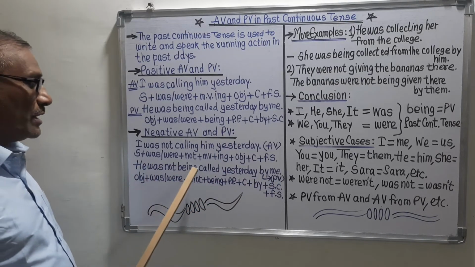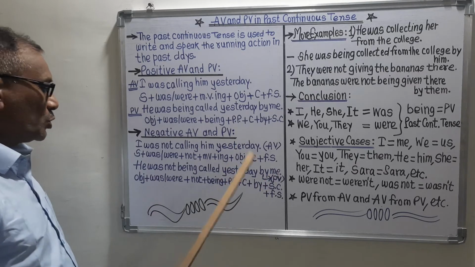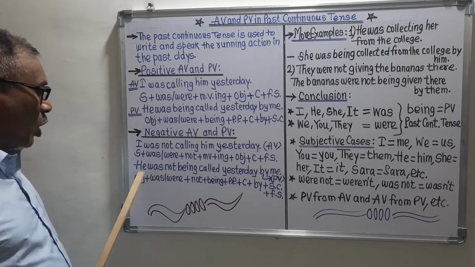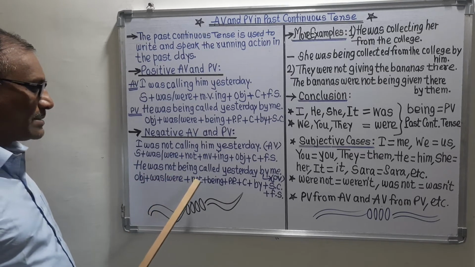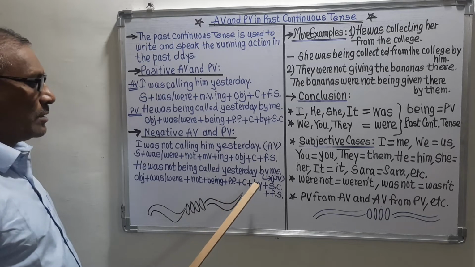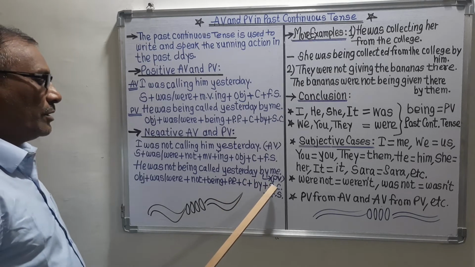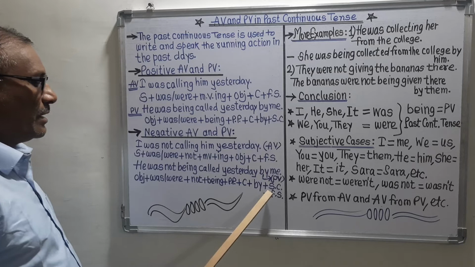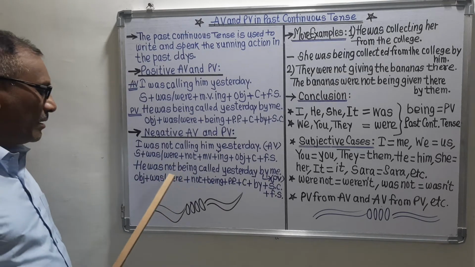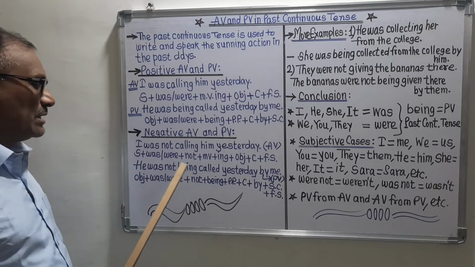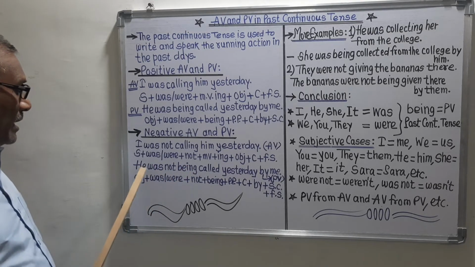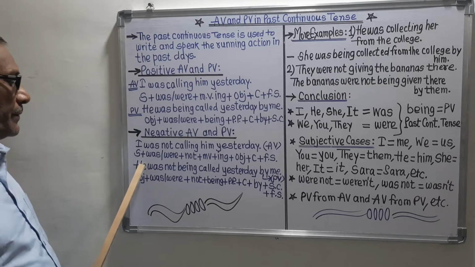He was not being called yesterday by me, full stop. This is the sentence, and its structure is object plus was or were plus not plus being plus PP plus EW, that is extra word, plus by and the subjective case, and then the full stop. Now see, when we compare this structure with this sentence, then we can explain that he is here the object,